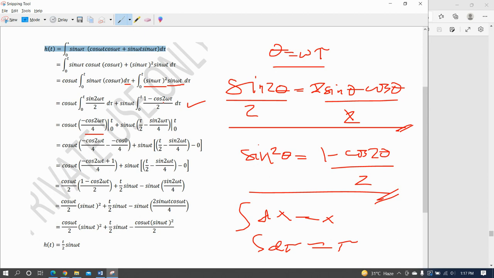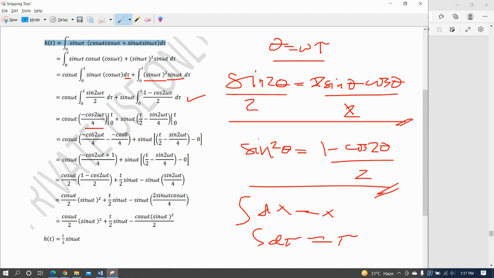Okay, so we have therefore the integral of cosine 2 omega tau over 2 is equal to sine 2 omega tau over 4. Okay, and then applying the limits, you now have negative cosine 2 omega t over 4 minus negative cosine 0 over 4. So apply lang yung limits, guys, and don't forget the sign here. Huwag kalimutan si sign plus sine omega t times t over 2 minus sine 2 omega t over 4